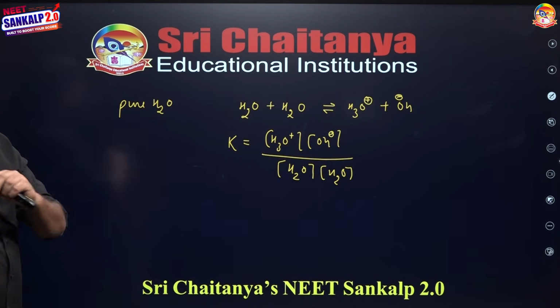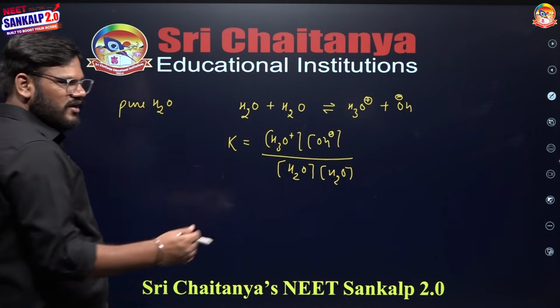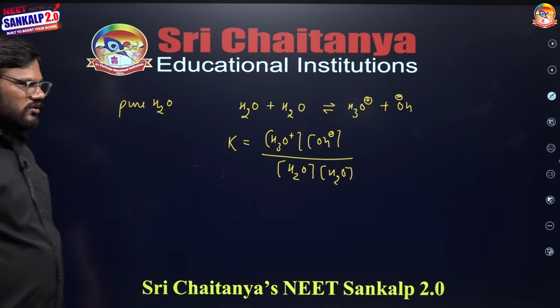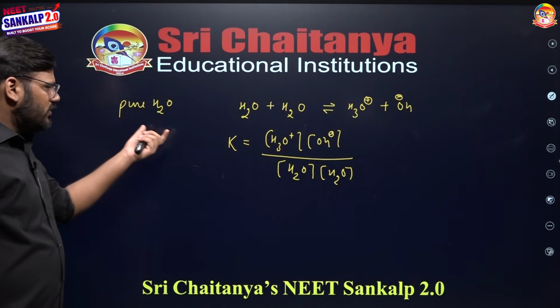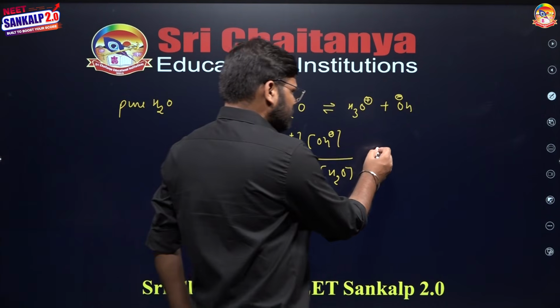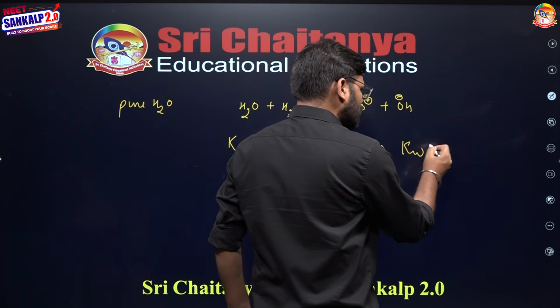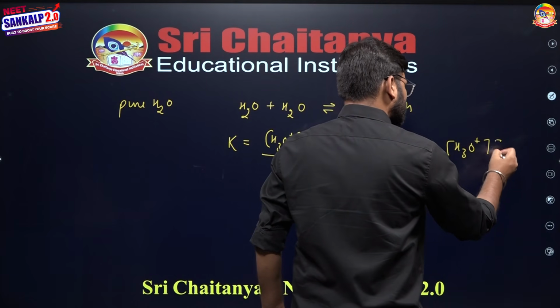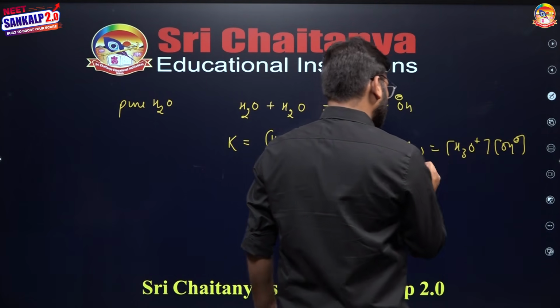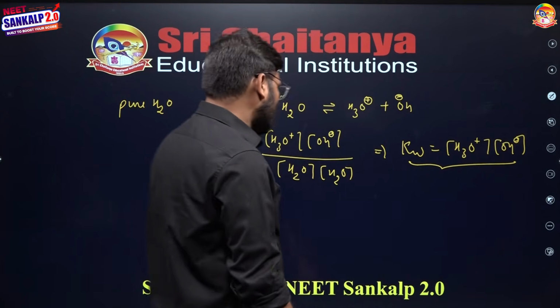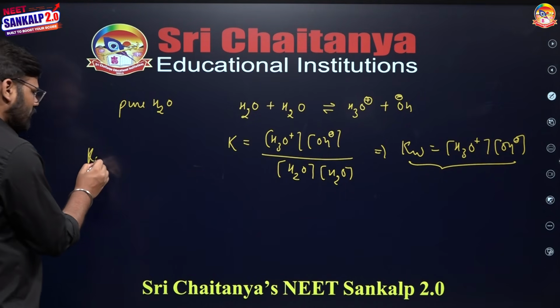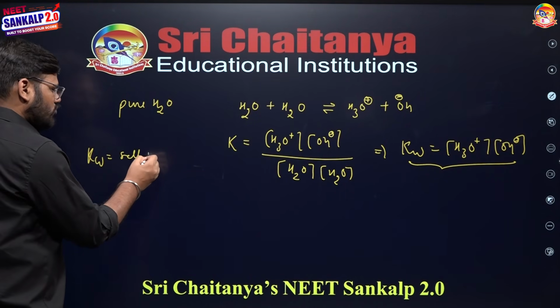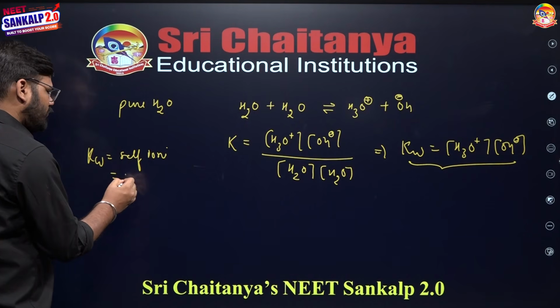As H2O is present in excess, since we have taken pure water, in such a case we will define another constant known as Kw, which is the concentration of H plus times the concentration of OH minus in water. And this Kw is known as the self ionization constant or ionic product of water,